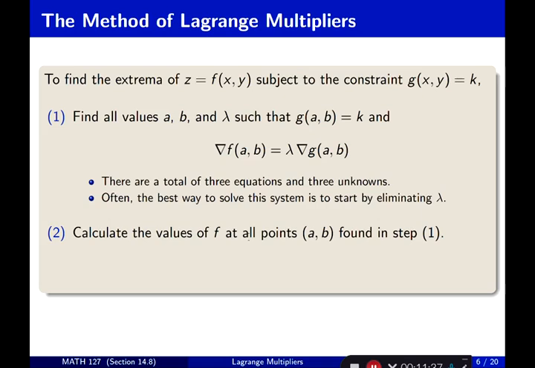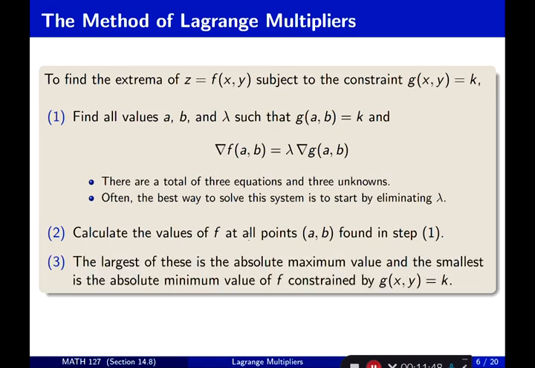Calculate the values of f at all points a and b. That's step 2. All the values a and b found in step 1. Then check to see the largest of those are absolute maximum value, smallest of those are absolute minimum of f,